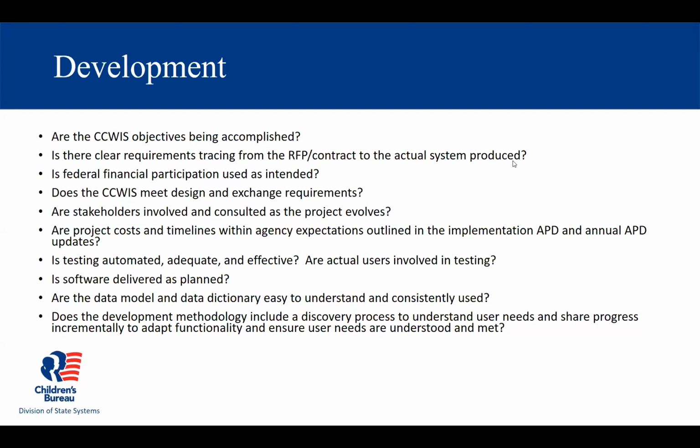As you're going through that development, you don't want to wait until the end to do that. You want to check in again and again. And once again, are stakeholders involved and consulted as the project evolves? In other words, it's not enough to just set up those MOUs at the beginning. For a successful project, we've discovered that your stakeholders have to have an active role throughout the project. For example, if new functionality is developed, the project team can go back to the stakeholders and validate that approach.